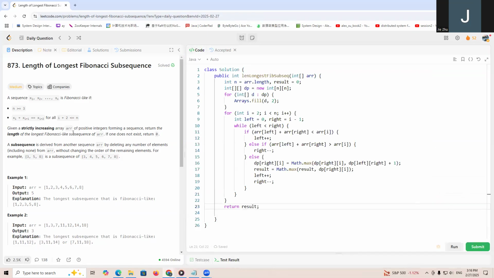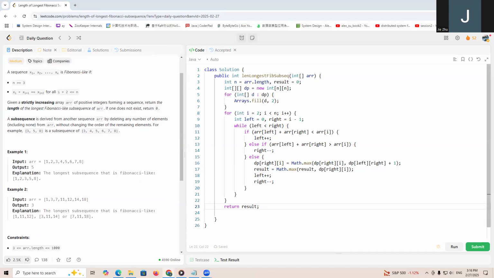But for this question, you see that it is strictly increasing. That means every data in the array is unique, right? So if this question changes, for example, you say that all of the numbers in it are unique, and they may have positive or negative values, right? We just need to follow the Fibonacci sequence, right? Then we cannot use two pointers. So we can use a map